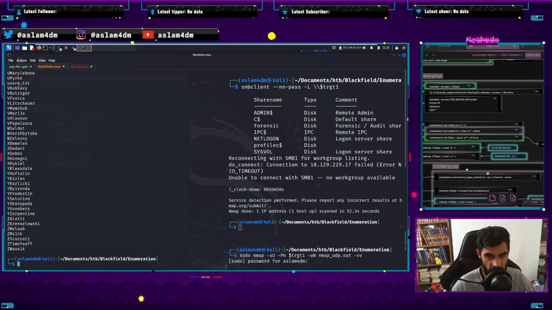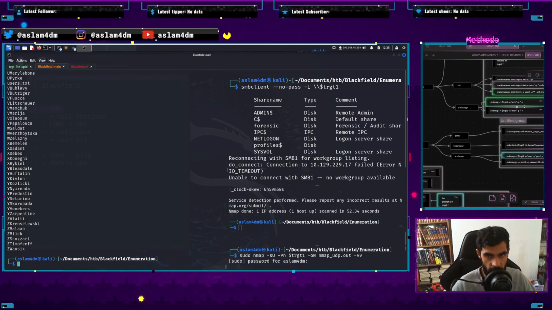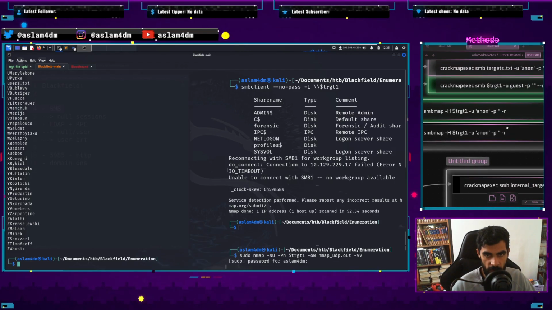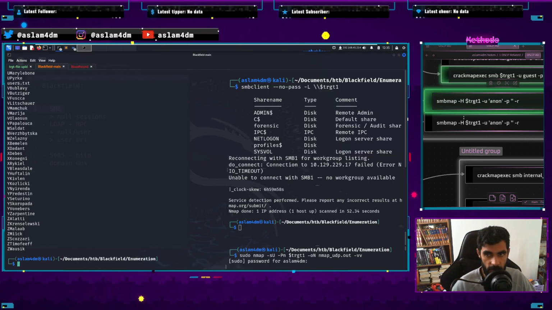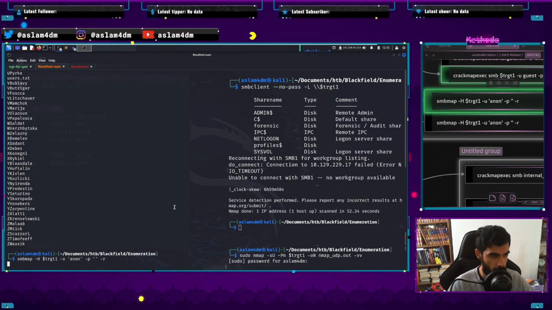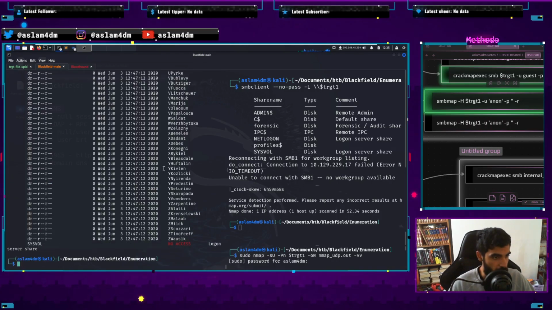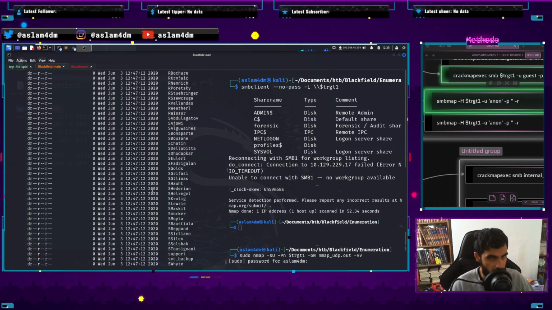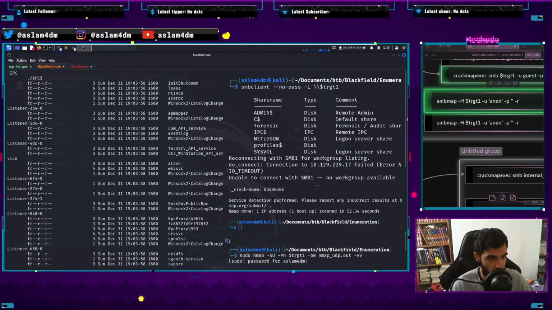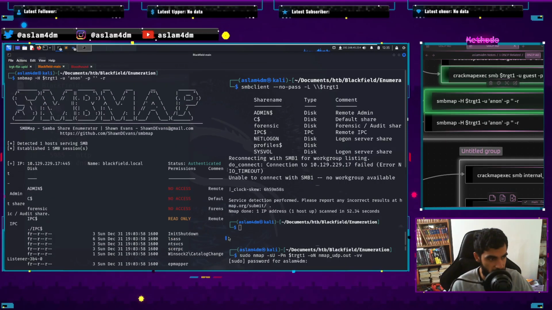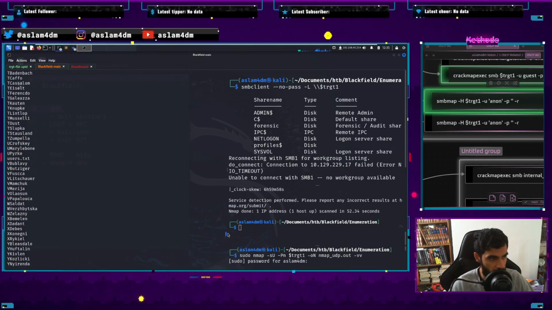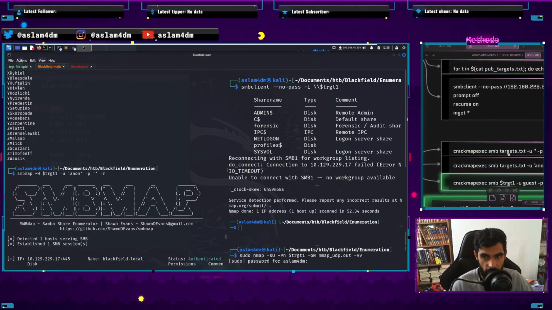So I'm just going to run SMB map as well. Let's see if this comes back with anything. Oh, actually, another thing, this SMB map with -r, it's a recursive search, so it's going to go into each of the folders or each of the shares and list out what it can see. So another thing that I would also like to do